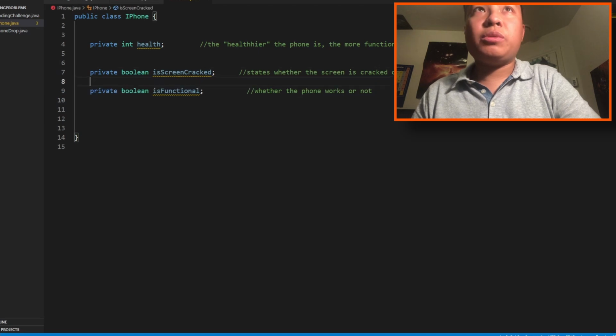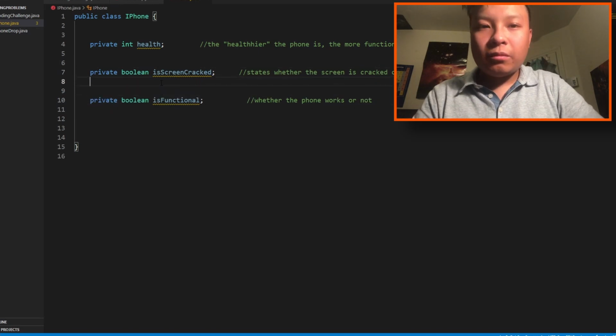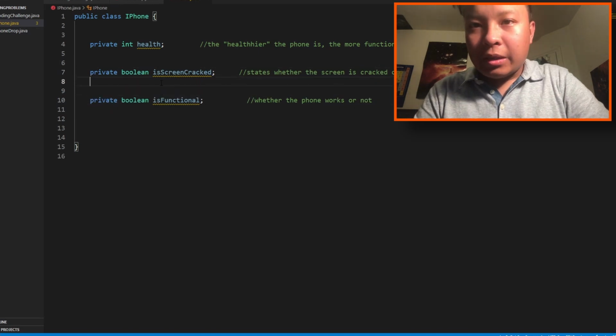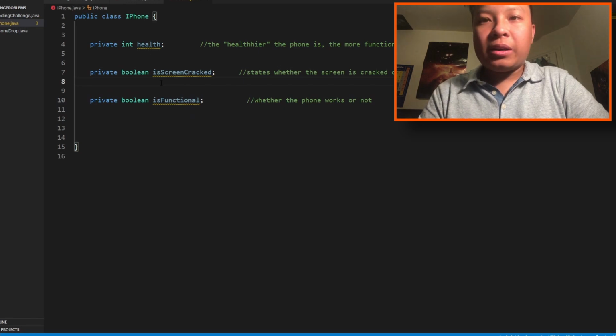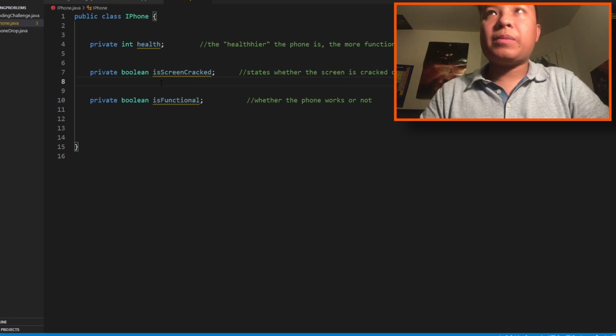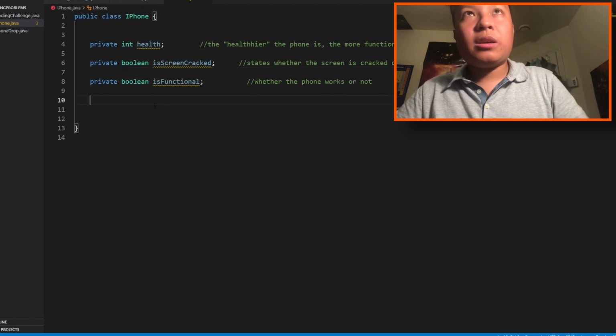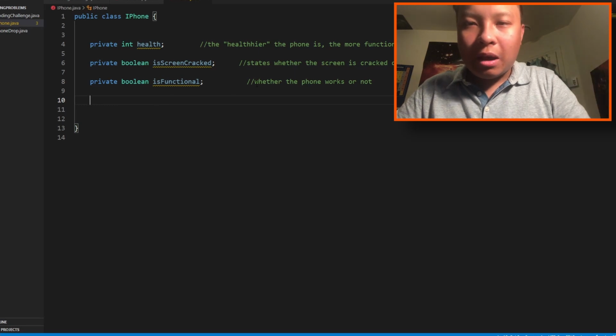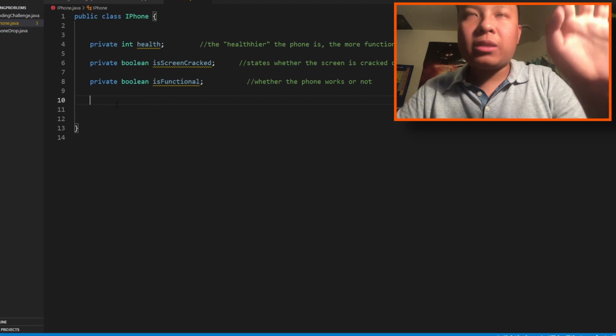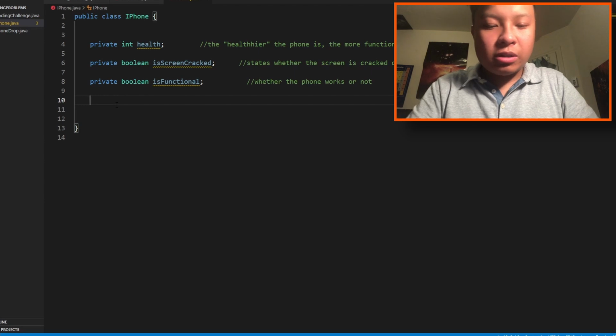Let's do a string attribute. No, let's not do that. Let's do something else. Let's do a constructor for now. I can't think of other attributes to add, so I might come back to this later. So let's do a constructor